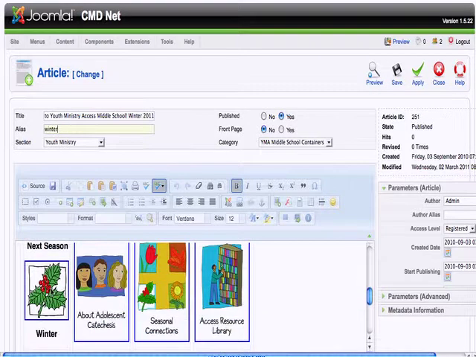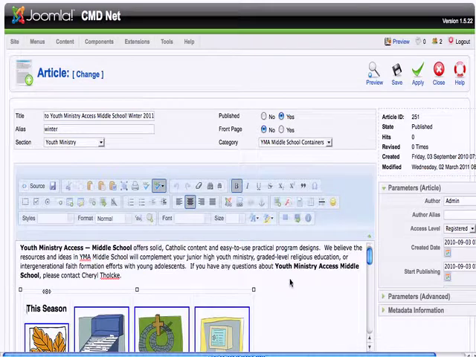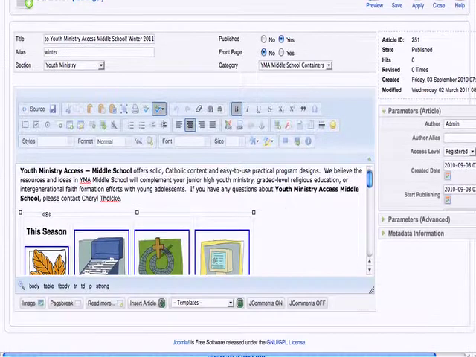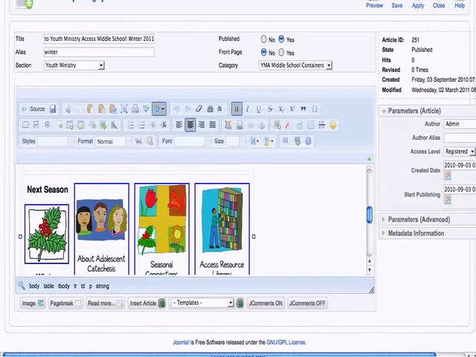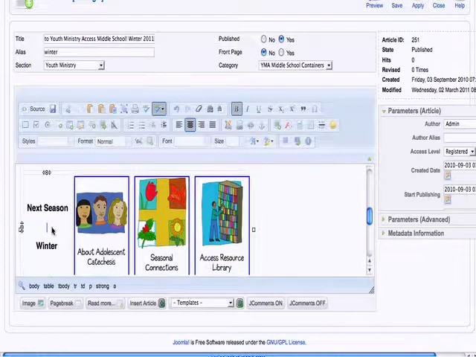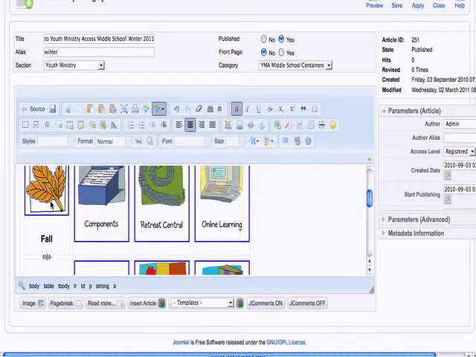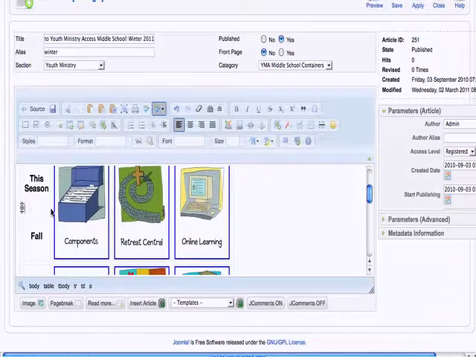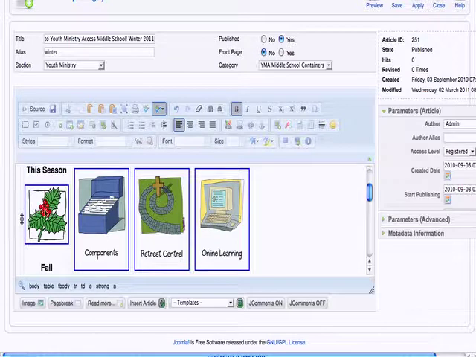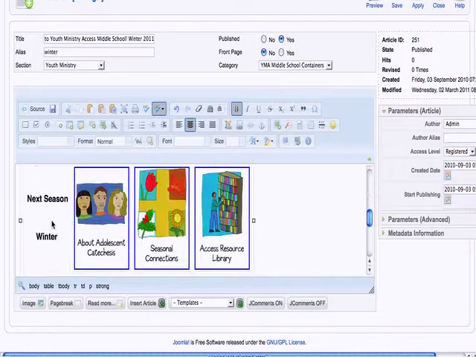Now I'm going to go down and grab my Winter icon down here. And I'm going to cut it out of there, and I'm going to go where my fall icon is. I'm going to delete the fall icon, and paste the winter icon there, and change this word from fall to winter. Okay, and then down here, I'm going to change winter to spring,